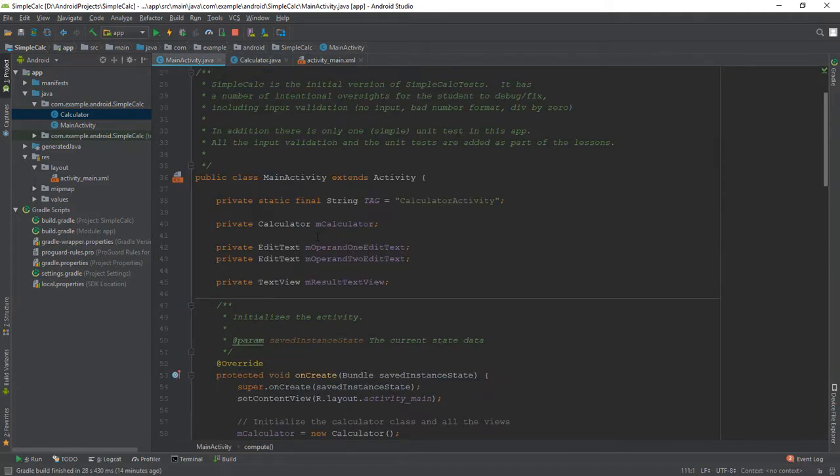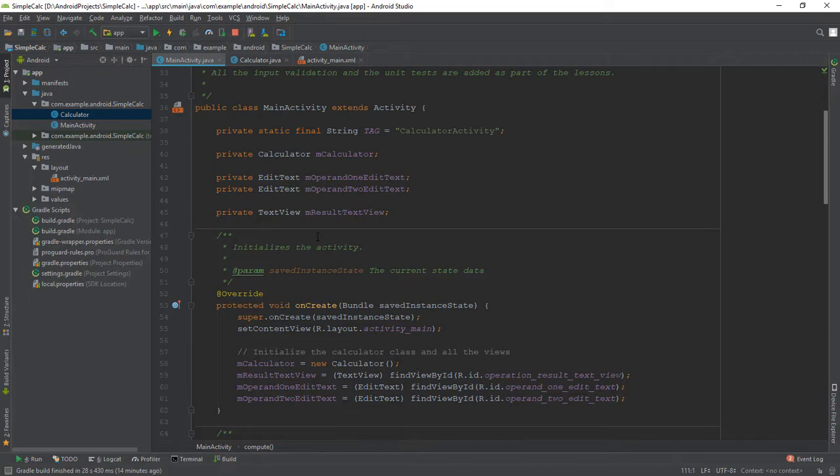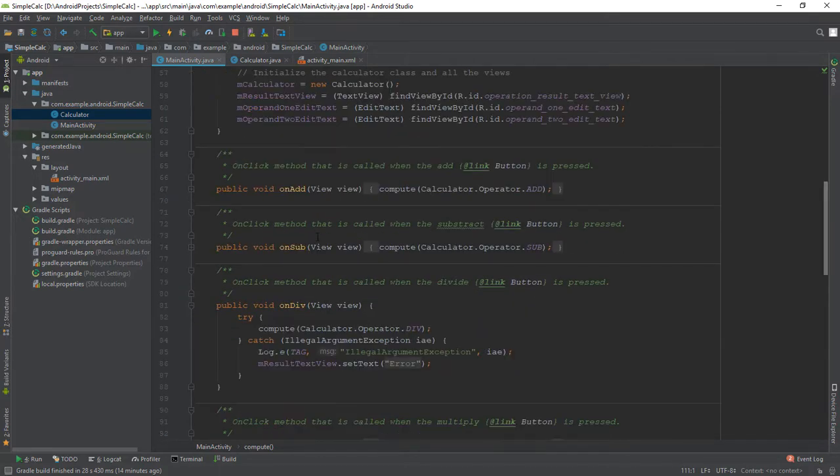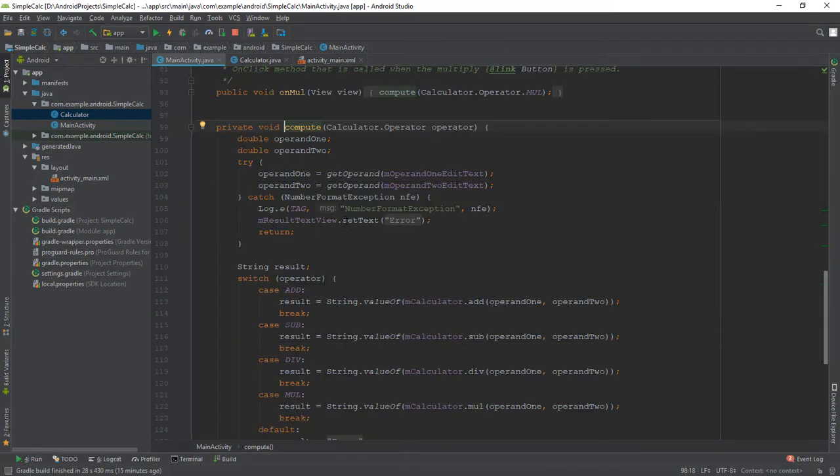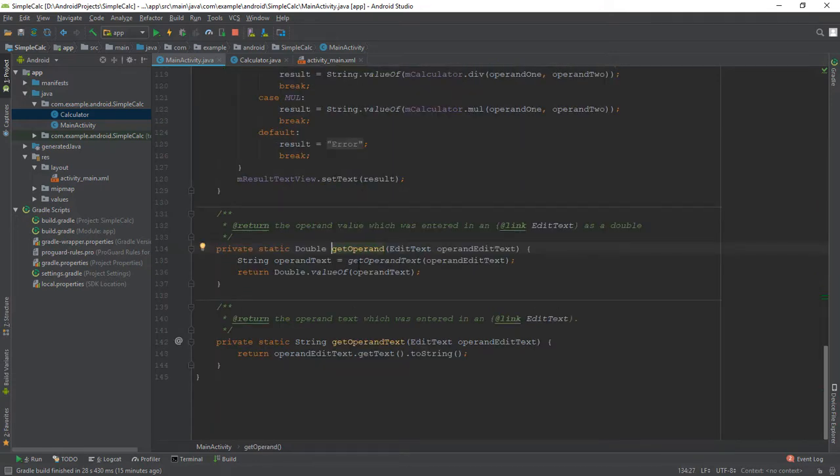Let's open the main activity class. Here you can see that all of the on-click handlers call the private compute method with the operation name as one of the values from the Calculator.Operator enumeration. If you control-click on the compute method, you will see that it calls the private method getOperand, which in turn calls getOperandText to retrieve the number values from the edit texts.